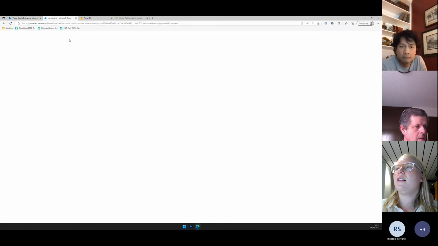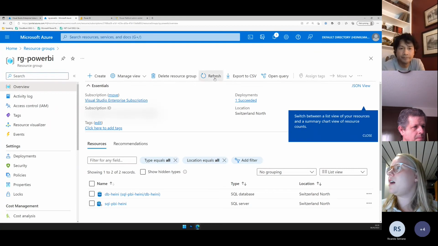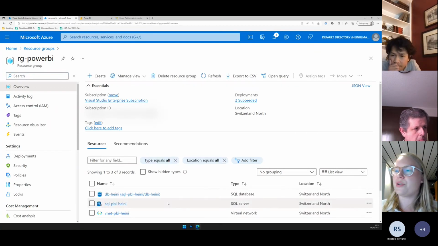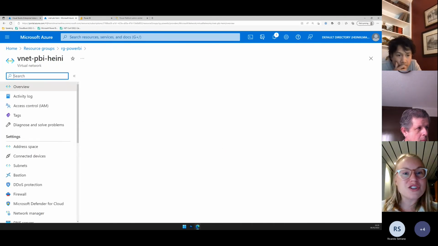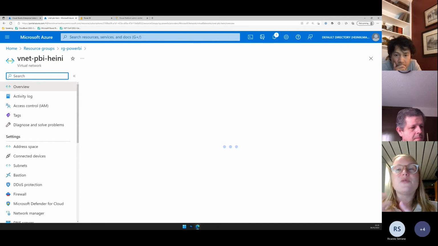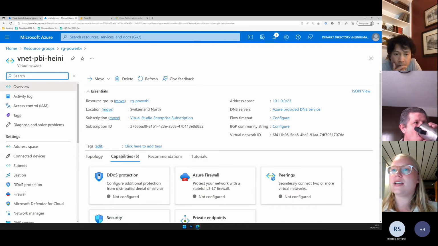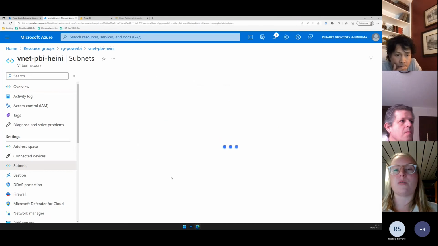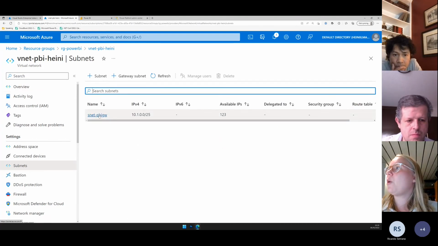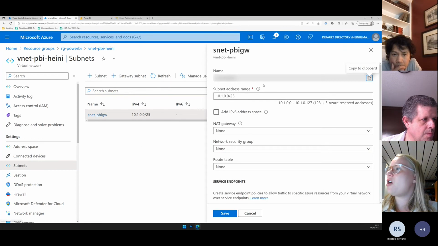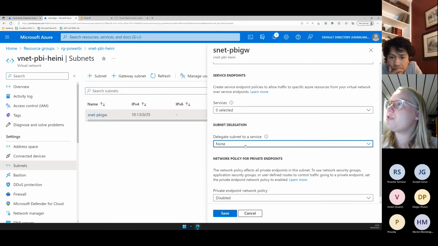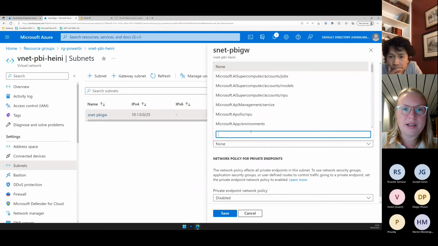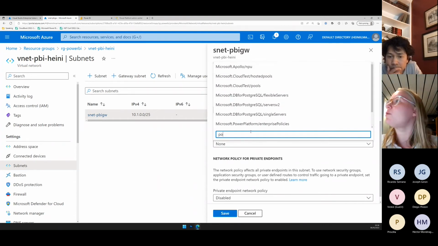Right. I'll just let that be for a moment and let's check. We should have the virtual network available. We can just double check here if the provider has been registered, because we need to associate this subnet that we created here to the Power Platform. So when we click this, there is this option to delegate here, subnet delegation. And we should find Power Platform